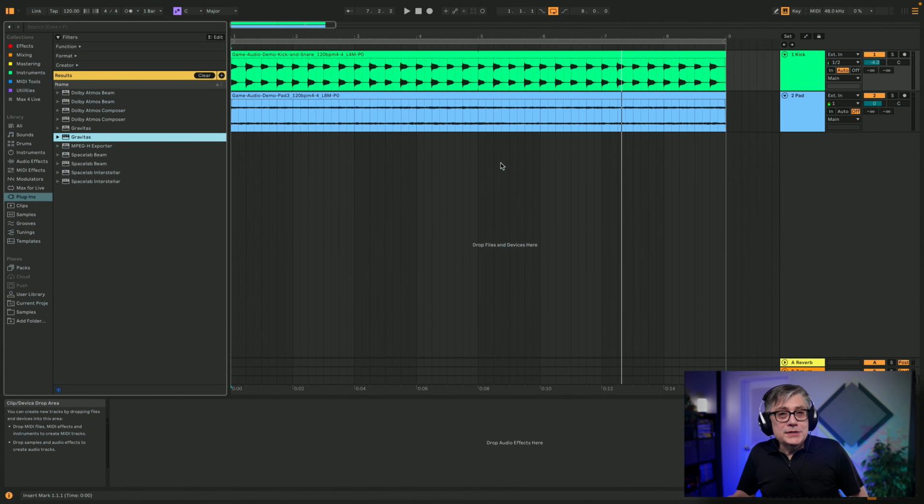And with that being said, let's get back to Gravitas, this time as an insert within the Dolby Atmos Composer. So I've opened up a second project here, and in this one I'm going to demonstrate how to use Gravitas in connection with the Dolby Atmos Composer in order to do some sidechaining in the Dolby Atmos project. We're also going to use the Spacelab reverb and send that into a multi-channel bed and then sidechain the multi-channel bed from the reverb as well. So this is going to be interesting.